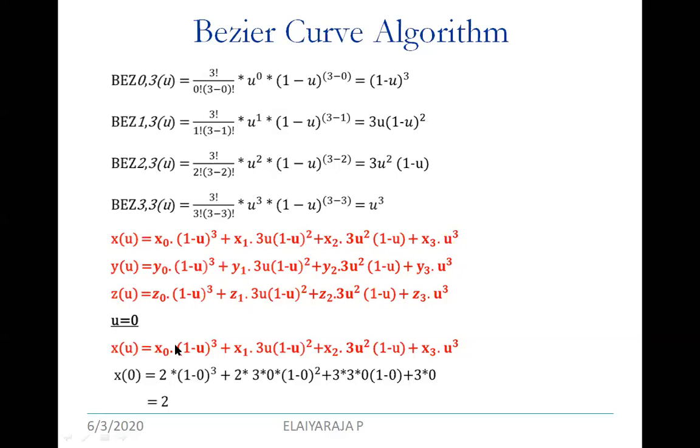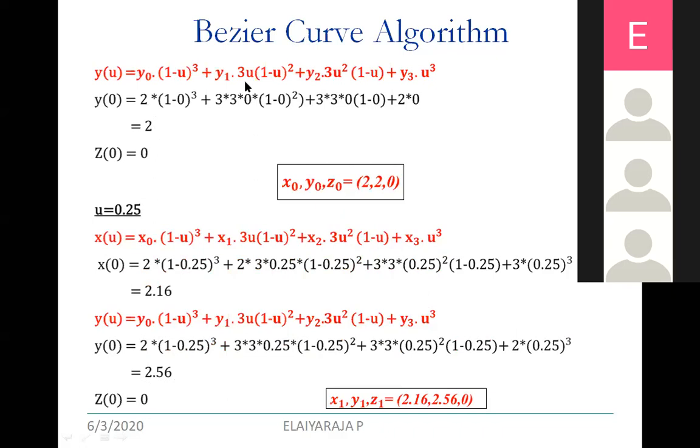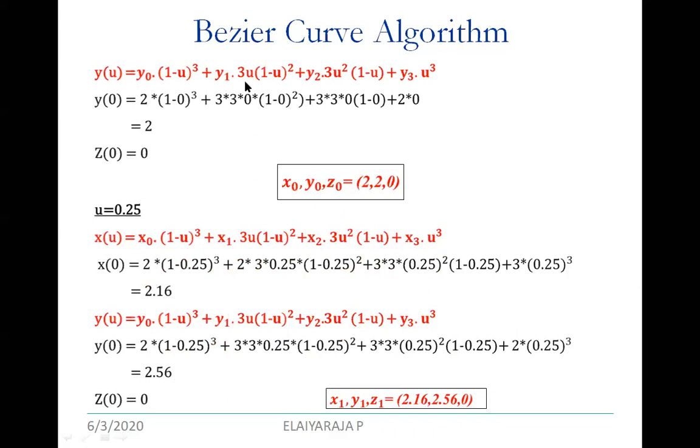Okay, and in u equal to 0, apply x of 0, where here you will get 0, here you will get 0, here you will get 0, here you will get 1 minus 0, 1, 2 into 1, 2. So the initial position x of 0, x value is going to be 2. Similarly, when you apply in y, you will get 2. So you will get the initial position with respect to x, y and z: 2 comma 2 comma 0.